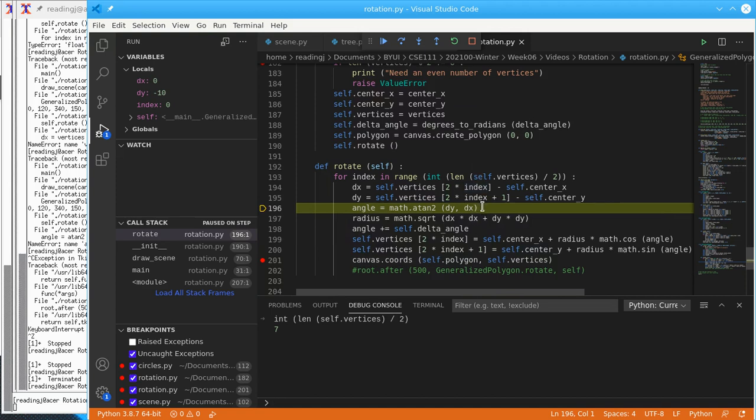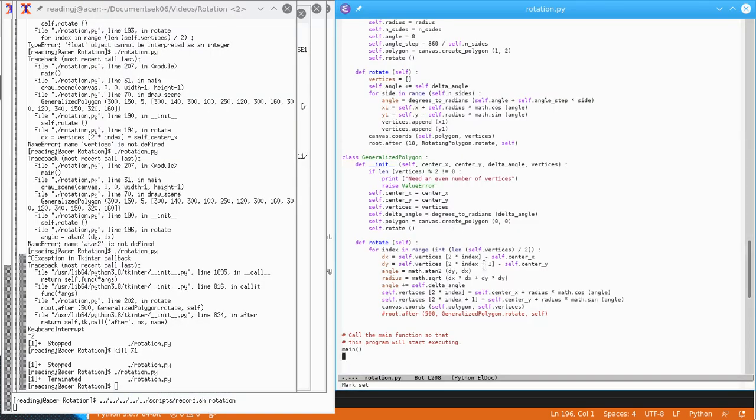It didn't raise an exception, but let's put that in there anyway. If dx not equal to 0, else 0, if dy